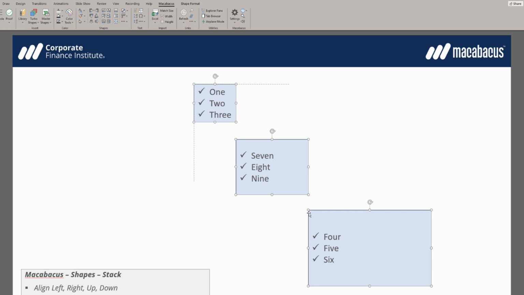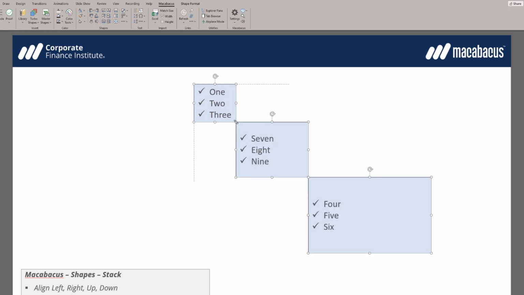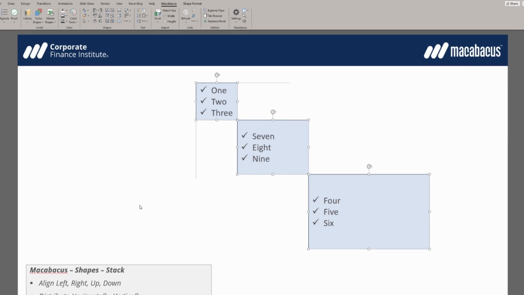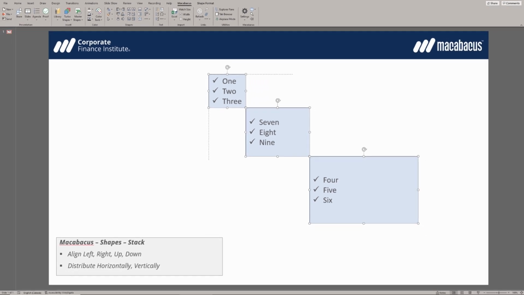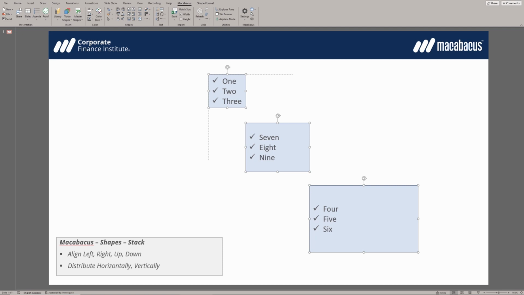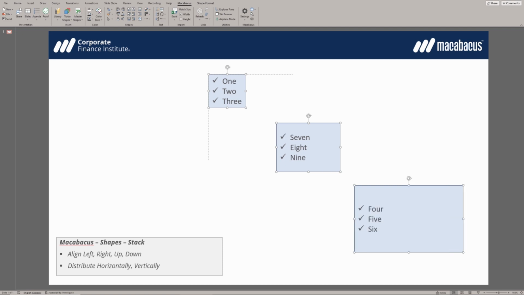Let's take a look at what we can do in the same section. We could also stack up. Again, a gap size of 0, and now these objects are stacked upwards perfectly. What a great tool. Let's just click the undo button once and a second time to put these objects back